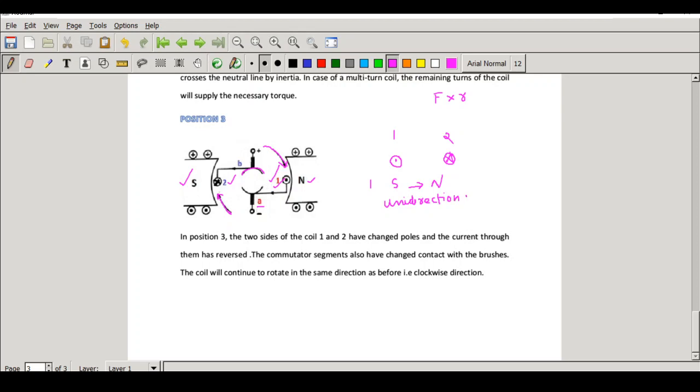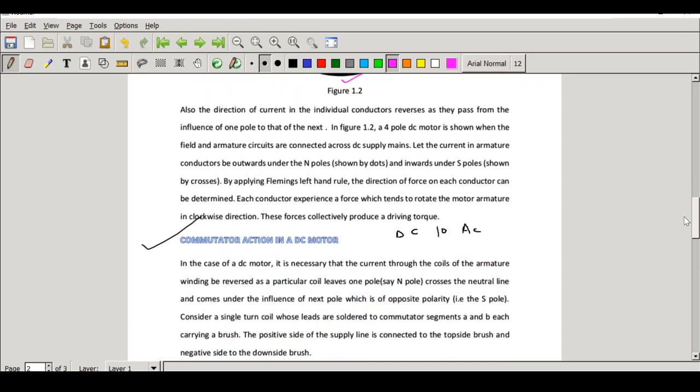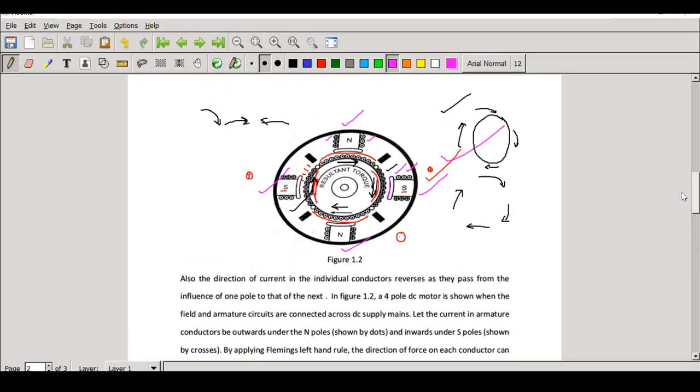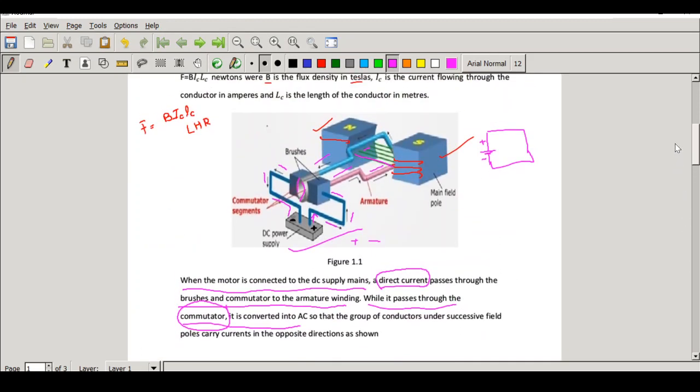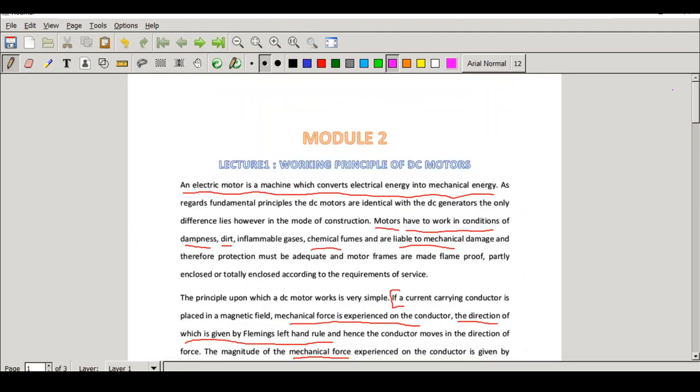Okay. So I hope you understood. This gives some idea about the working principle of a DC motor. So you just go through the three diagrams. Just try to draw it and see how that direction of current is changing. This is the cross-sectional view, and this is actually a symbol diagram. Okay. So hope it is clear for you.